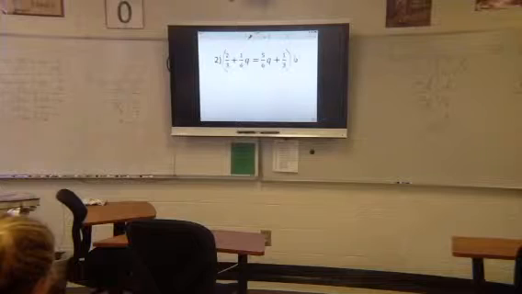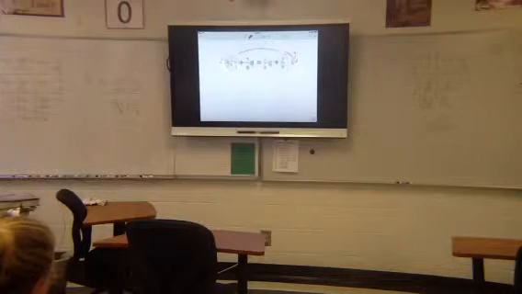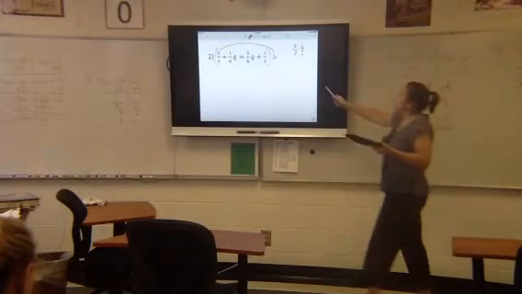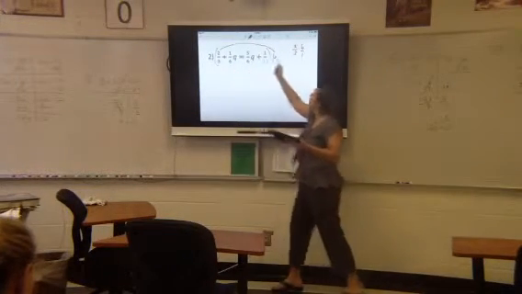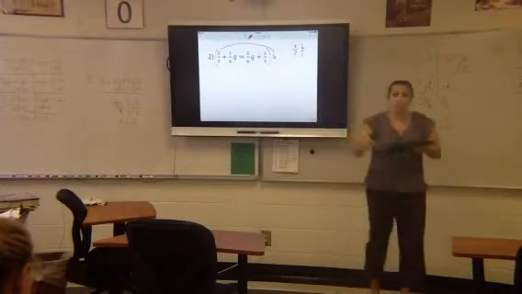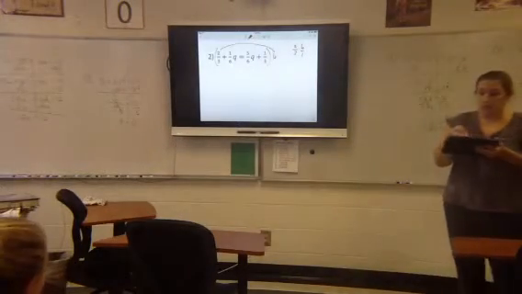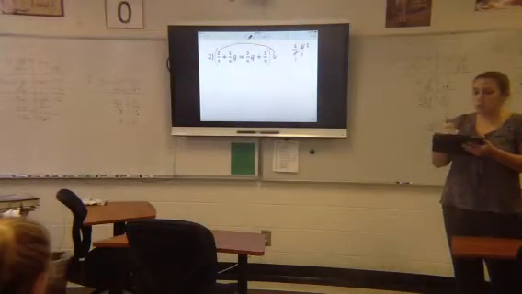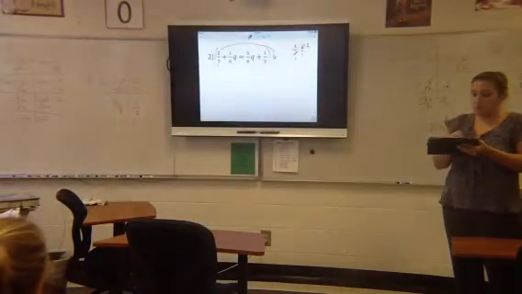Okay, so let's start with the first one. We're going to take 2/3 times 6. Again, it's okay to do a little scratch work off to the side, right? So if I've got 2/3 times 6, what's going to cross cancel here? Okay, what do we get when we cross cancel the 6 and 3? 1 and 2. Good, 1 and 2. So what would that be when I multiply it? 4. Okay, so I got 4